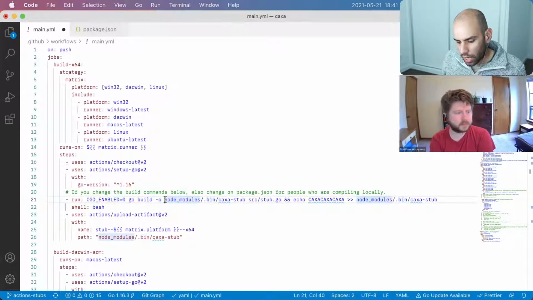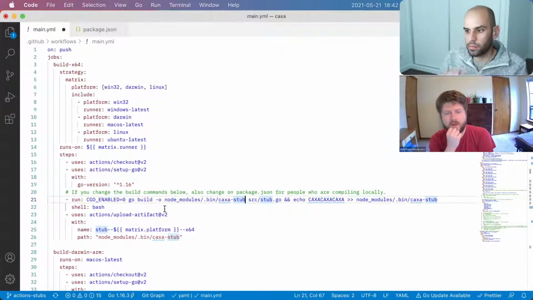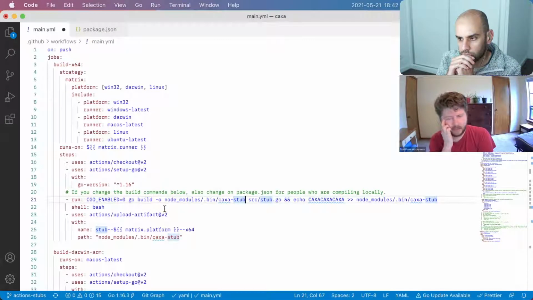And I maintain that we should name the stub with a fixed name. I don't think that there is any advantage to putting the architecture and the platform on the stub name. But I could be convinced otherwise. Right. So I think in the workflow, I was thinking about this renaming, and it might make sense to rename